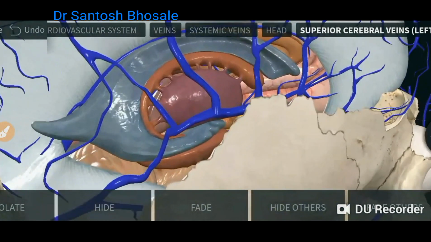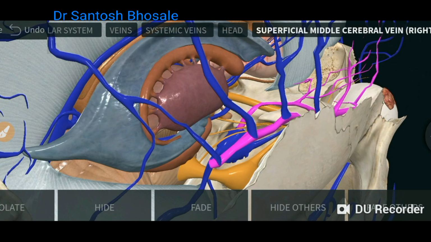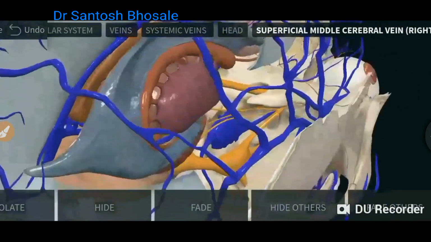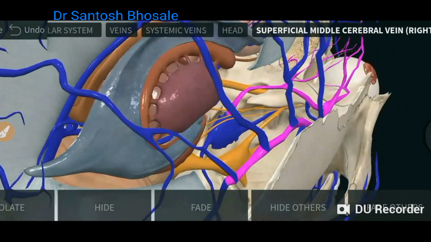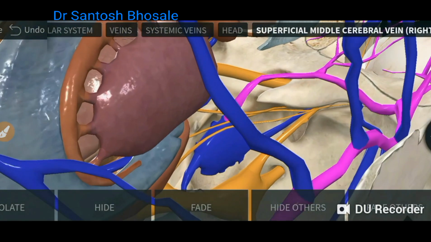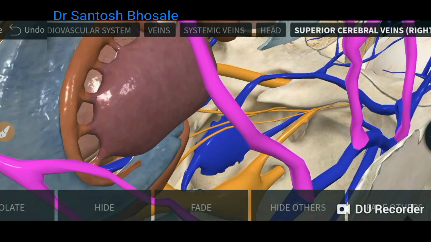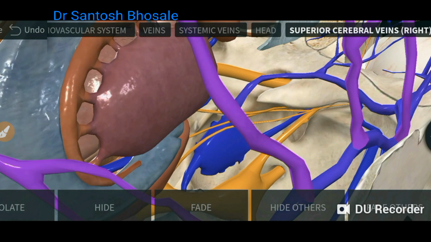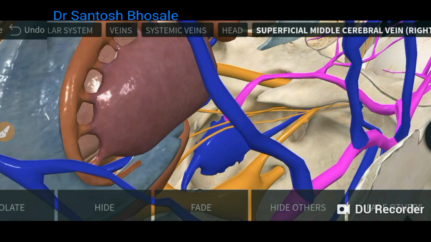The triangular section that you see in this section is the superficial middle cerebral vein, by which it communicates with the cavernous sinus. That is a very important sinus. You can see the cavernous sinus. So this superior sagittal sinus communicates with the extracranial veins via parietal emissary veins, with the cavernous sinus via the superficial middle cerebral vein, and also with the veins of the nose via the foramen caecum, where it attaches to the crista galli. So that is about the superior sagittal sinus.